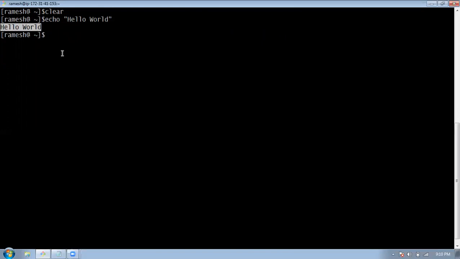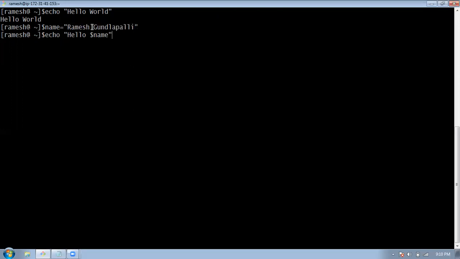Suppose now I have a variable, like name equal to a value. Now how can I print it? Here I have assigned the name variable with a value like this.